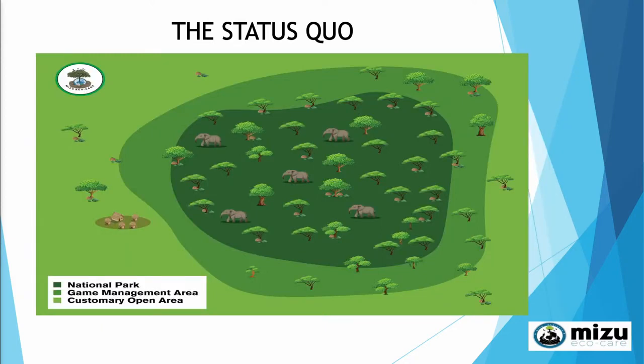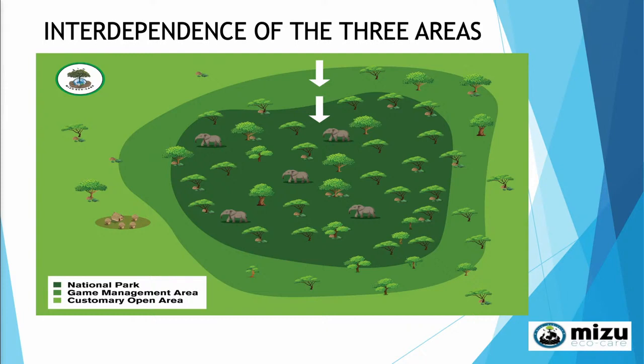That inequality can be transferred to this landscape. In the middle, you have the national park. The next layer is the game management area, which is a buffer zone for the national park. You have communities that live there and interact with wildlife. On the outside, you have the customary open area. In the customary open area and the GMA, you have poverty, you have food insecurity, you have